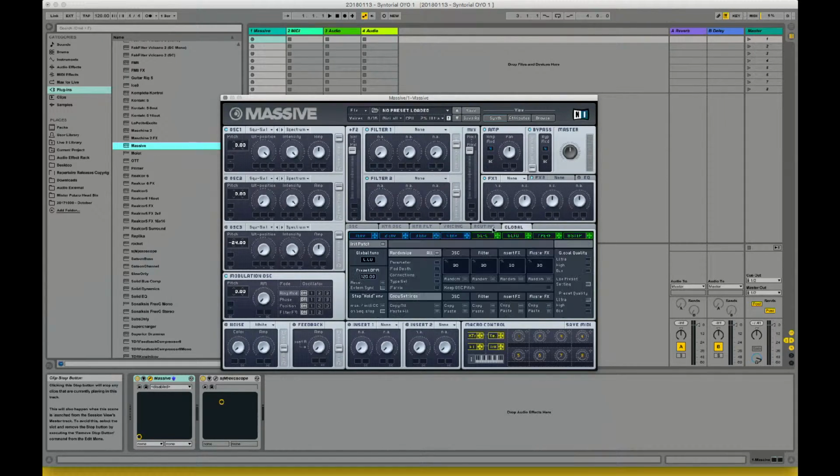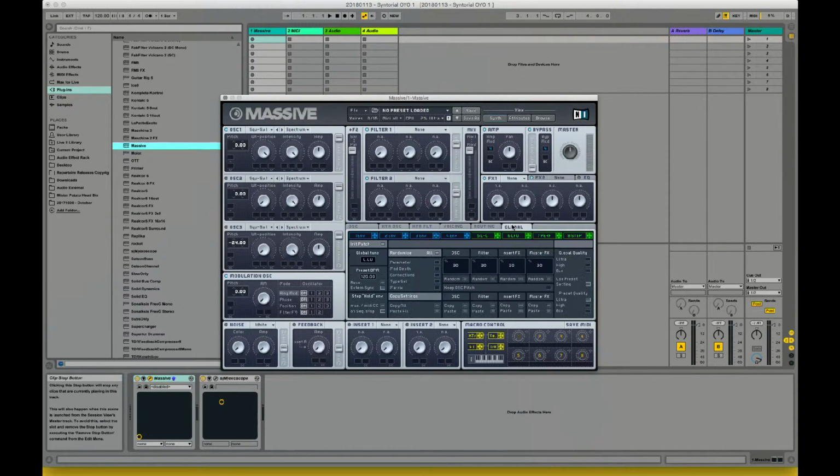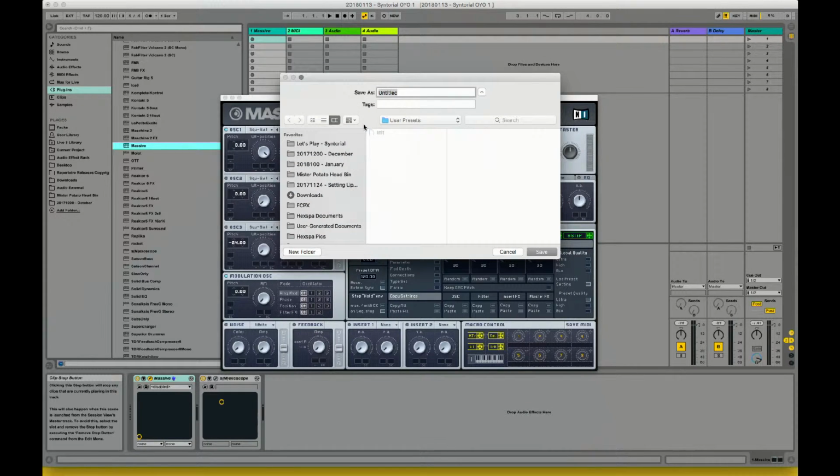The other thing that the guy recommends is to change your pitch bend up and down too. It's a good default to have. So that's a major second distance. That's in half steps. And that's pretty much it. So you can just go ahead and save that to your user